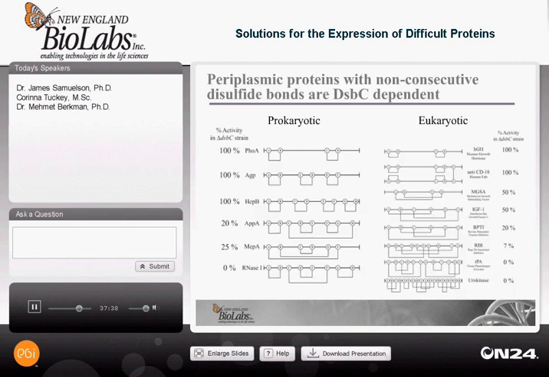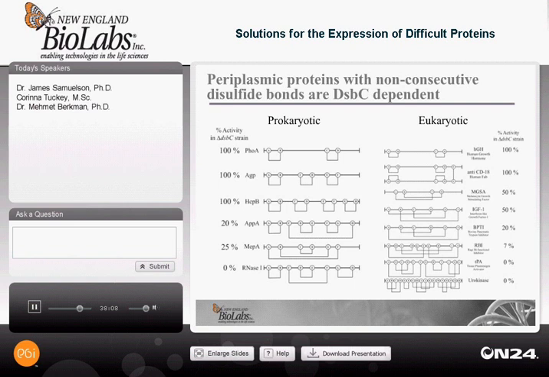Also, if you look at all the proteins that have been published in the literature that have been expressed in the periplasm of E. coli, and look at their activity or yield when expressed in the absence of DsbC, you see that some proteins, represented as a percentage, are quite active in the absence of DsbC, shown to be 100% active, while others are not. So there seems to be a dependency on whether a protein is correctly oxidized or not by DsbA.